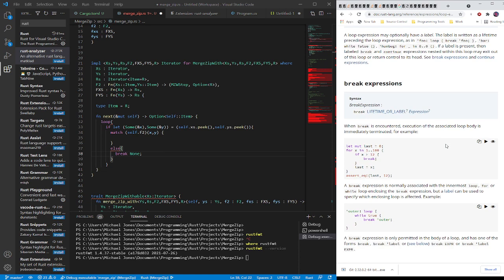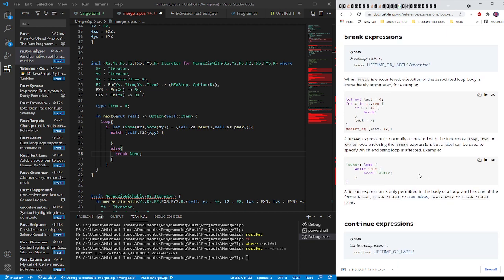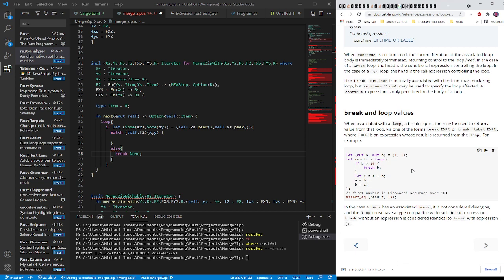Yeah, this is kind of, oh, I see. A break expression is normally associated with the outermost loop. Continue expression, break and loop values. This is actually what I'm after. Let result equal loop, blah, blah, blah, if condition break B. So it's actually,